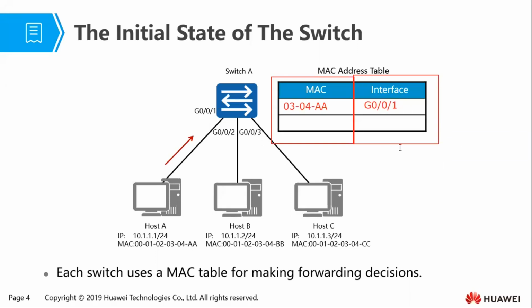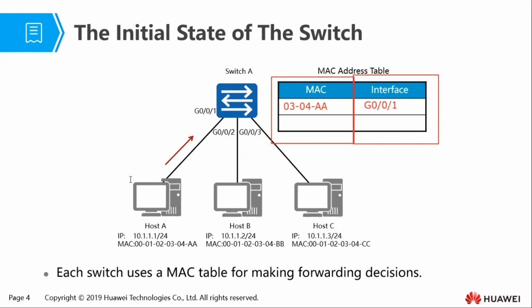So the MAC address table will be populated bit by bit until the switch is able to know where every device has been connected. So that is the forwarding table for a switch. So in this particular example,